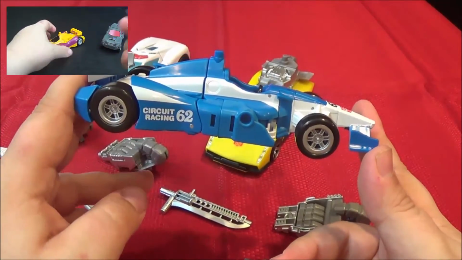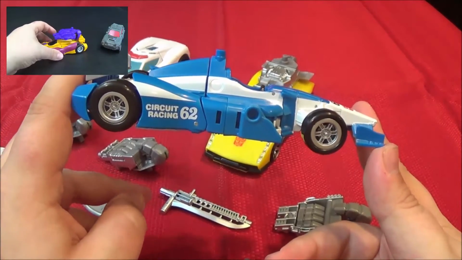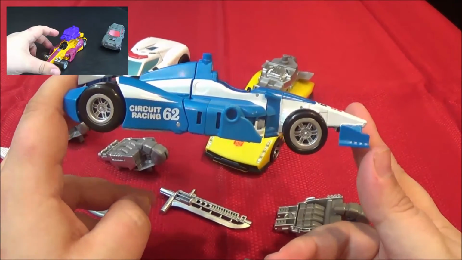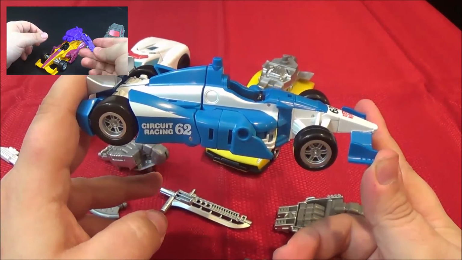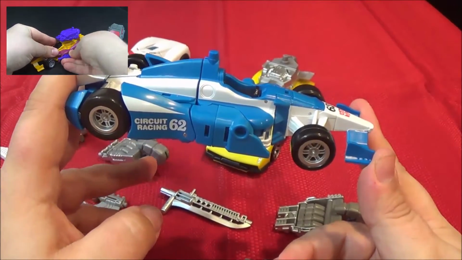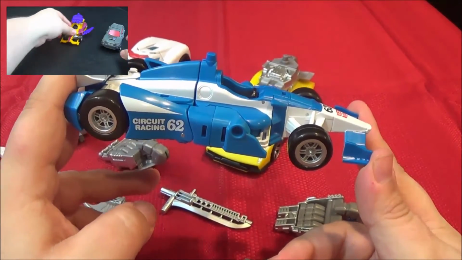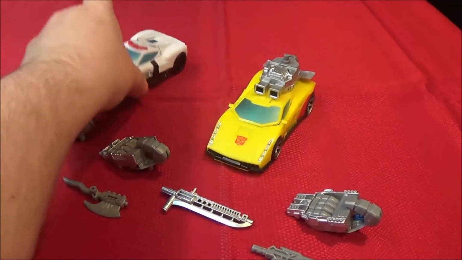This guy is not quite Mirage either, though there is a repro label set that adds more racing details to him and does help with the look. There really isn't much you can do to fix that overall. And I can definitely understand why people wouldn't want this figure in their collection if they are a huge fan of Classics Mirage. As for the other two, I never owned Classics equivalents of these guys,